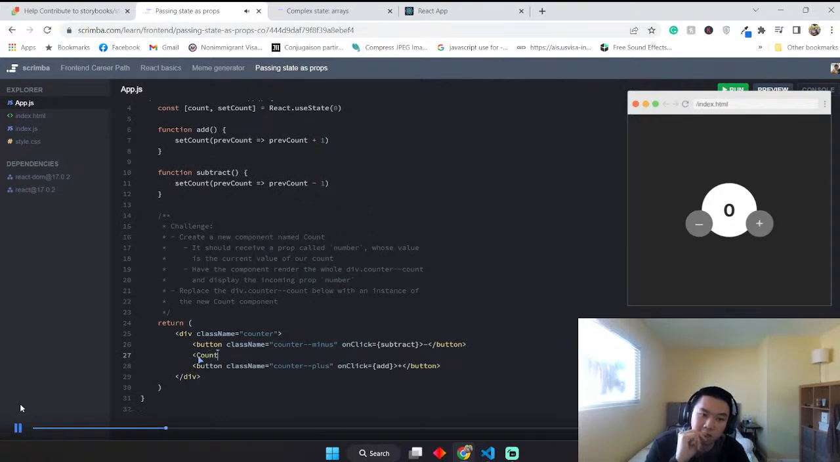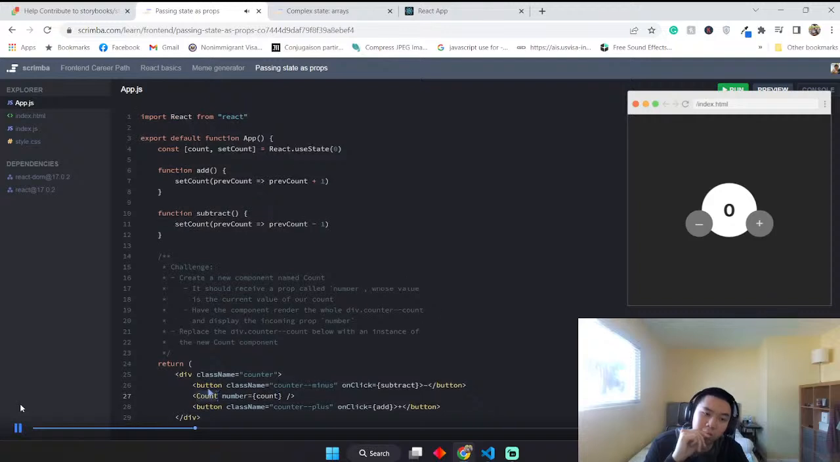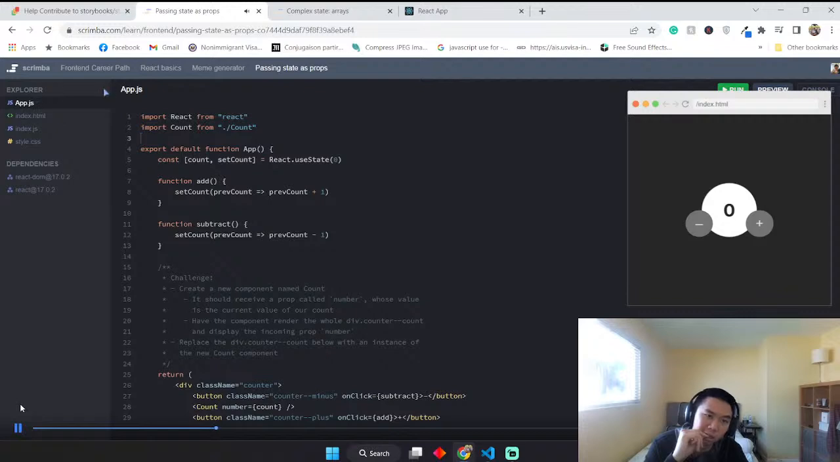We said we're going to pass to it a number prop, and I'm going to set that equal to the current value of my count up there. Now I need to import it if I'm going to use it here. Obviously it still doesn't exist, but we'll just pretend it does. So I'm going to import count from a file called count, and then I need to create that file and work over there. So I'm going to create count.js,